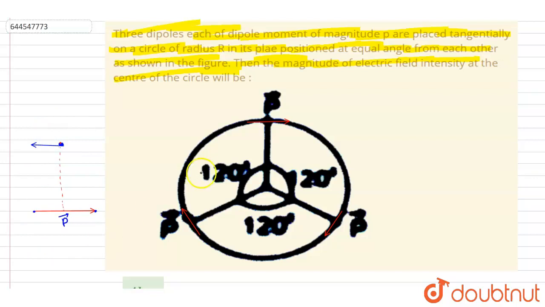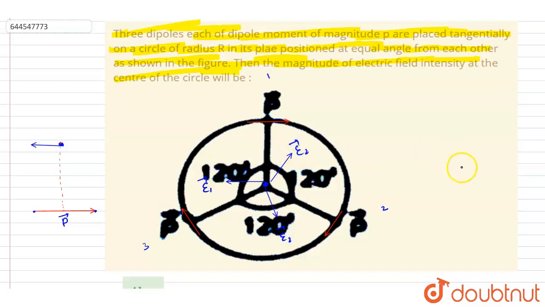All right, now if I say this is 1, 2 and 3, and I draw the electric field, because of 1 it will be this, because of 2 it will be this, parallel to this line, and because of 3 it will be like this, right? So from the symmetry, these are the directions of the electric fields: this is electric field 1, this is electric field 2 and this is electric field 3.